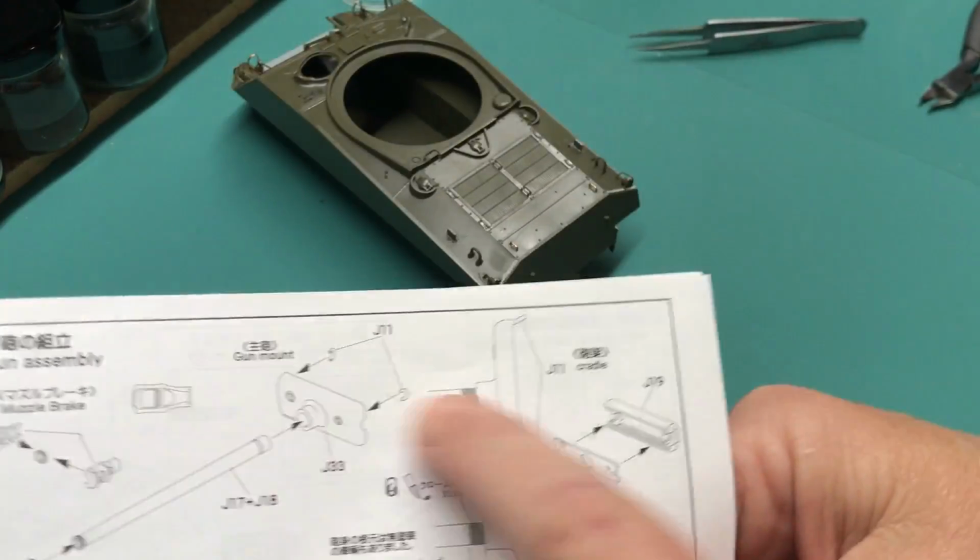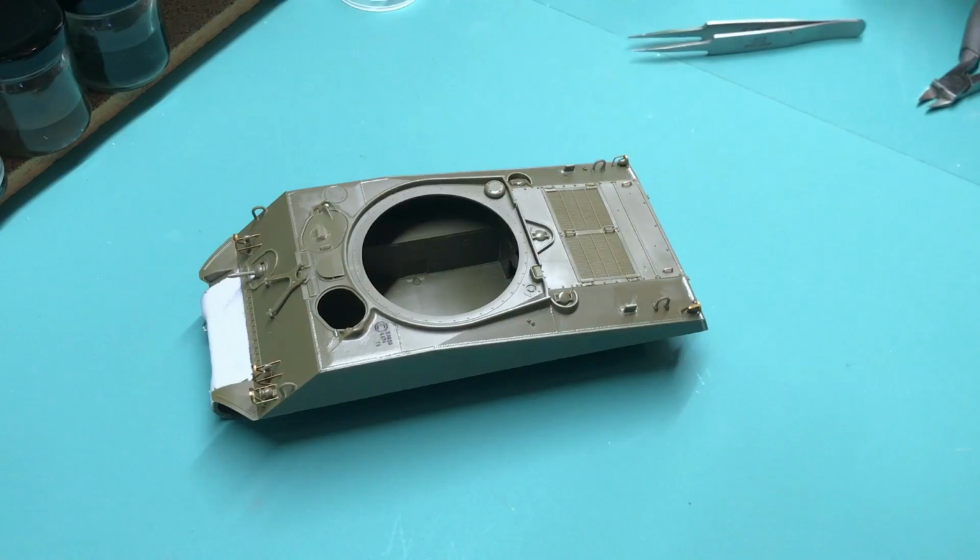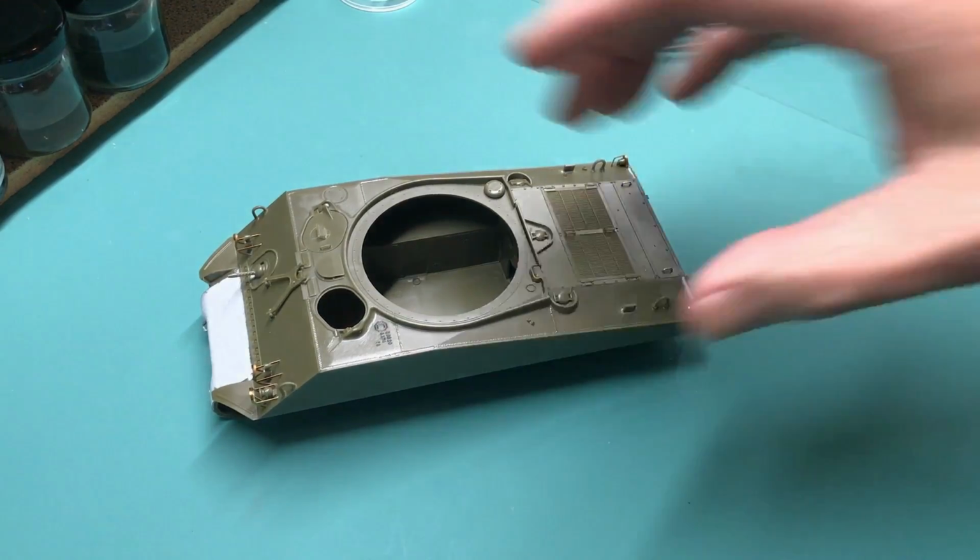And then from there we move on to working on stuff for the turret. So that's it. That's it for part number 4 of the Asuka